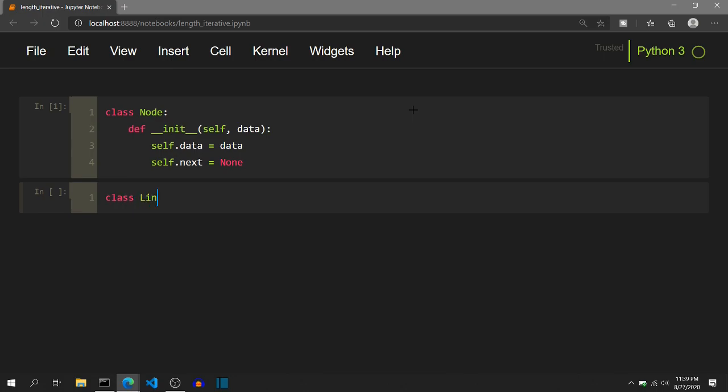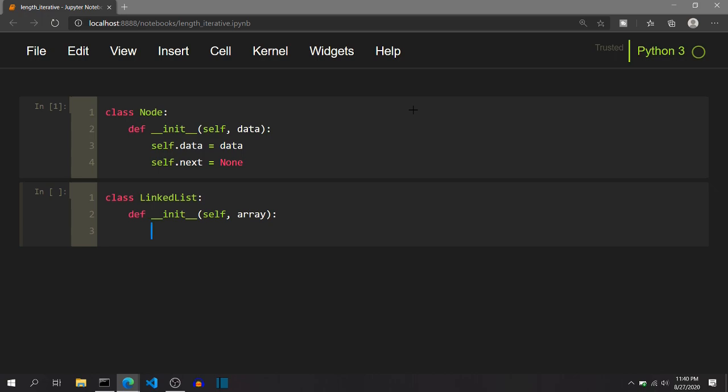So I will create a class. I will name it LinkedList. Again, defining the constructor. And apart from the self parameter, I'm adding an array of elements to add data inside the linked list. I have made a detailed video of how to insert nodes in the linked list. So if you're not sure how to insert nodes to a linked list, you can definitely check that out. I have linked that in the iCard above and in the description below.